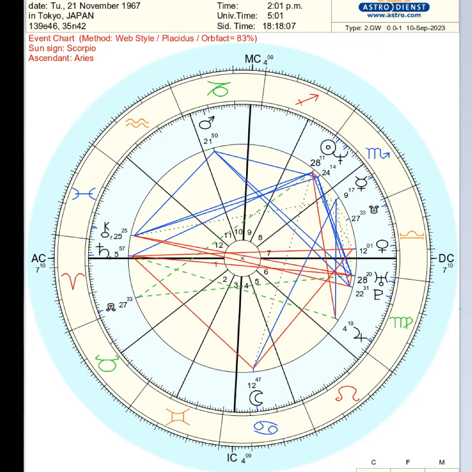And I just pulled up a random set of data: 21 November 1967, 2:01 p.m. in Tokyo, Japan. Just a random thing. I like to do this sometimes with the current chart, and I'll say, oh, if you were born at this moment, and then do a karmic analysis of it and display it. The method that I use for understanding a karmic story is looking for what hurts, what's wrong, what's out of balance. So with the 4 steps I'm going to describe and run through this chart, I'm looking at